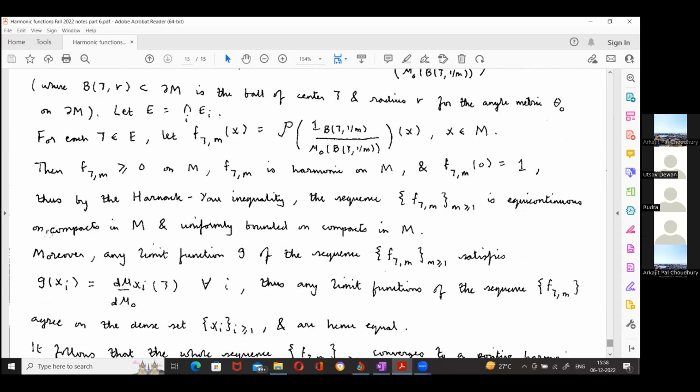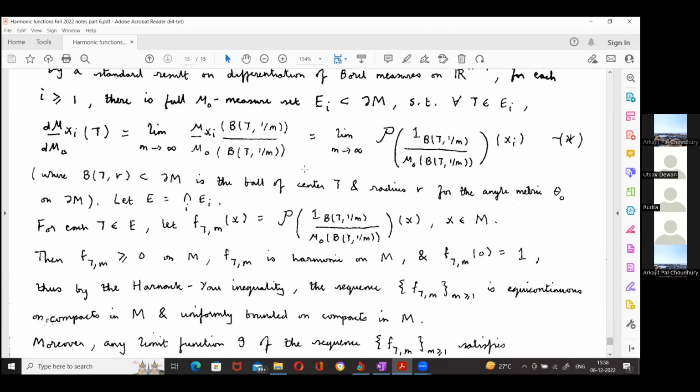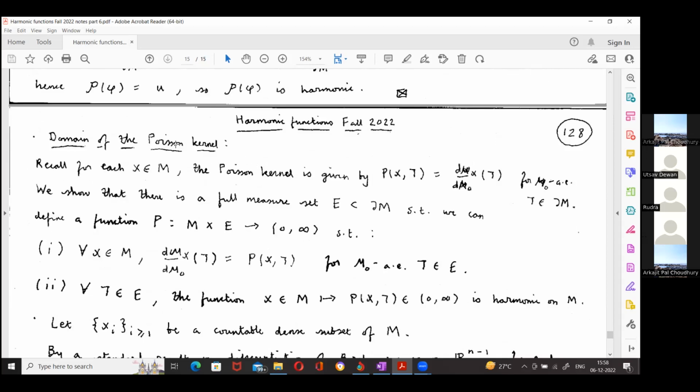And then there's some business I did at the end where basically what I wanted to show is something about the domain of the Poisson kernel. So yeah, this is something which Anderson and Schoen, they prove something much stronger, but without doing as much as they do, I mean, the point is that